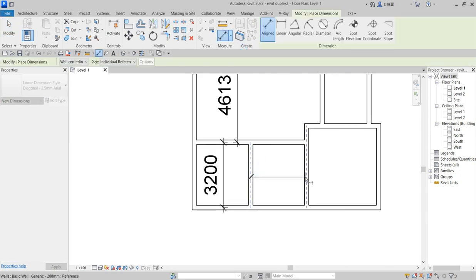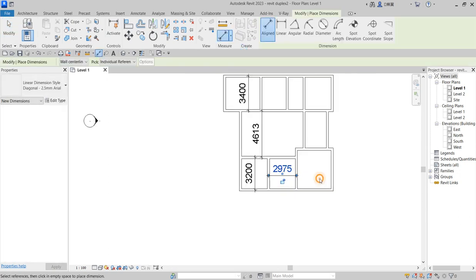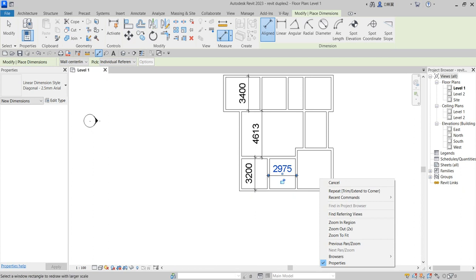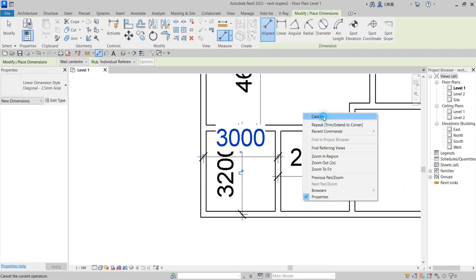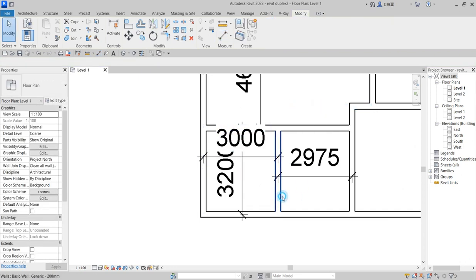So this particular width is too big for me to use, so I will reduce the size. So this is step by step on how to